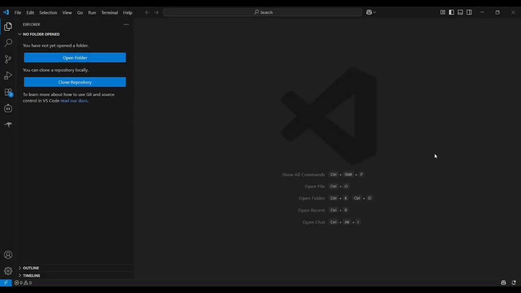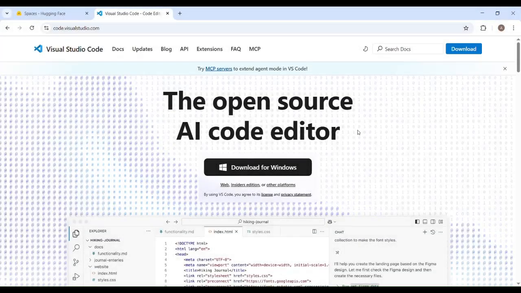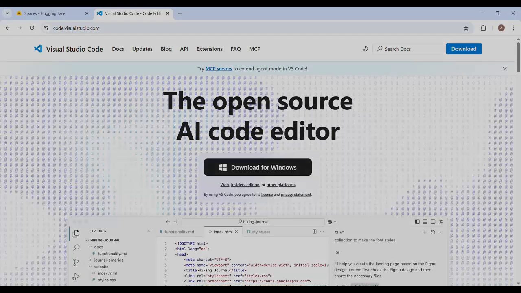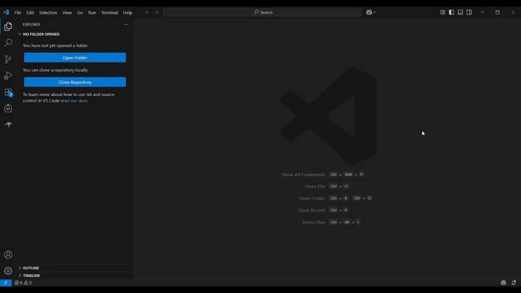First things first, if you don't already have it, you'll need Visual Studio Code. It's a free, open source, and incredibly powerful code editor. Head over to the Visual Studio Code website and follow the installation wizard for your operating system. It's super straightforward. Once Visual Studio Code is installed, you are ready to add the magic ingredient, the Cline AI